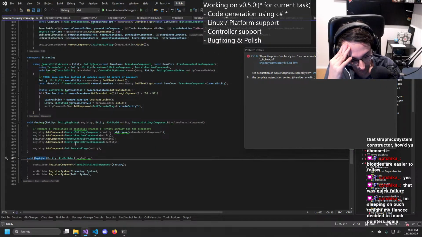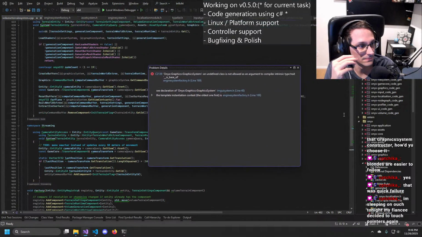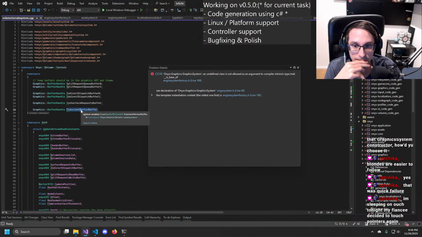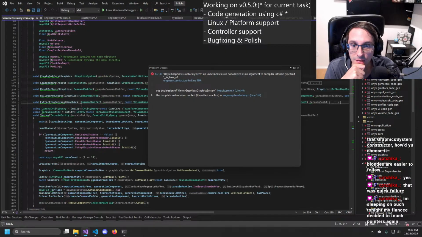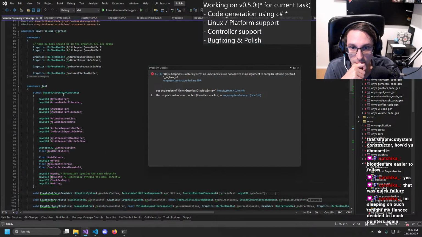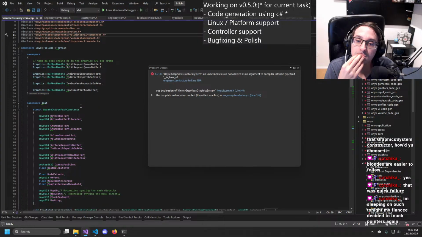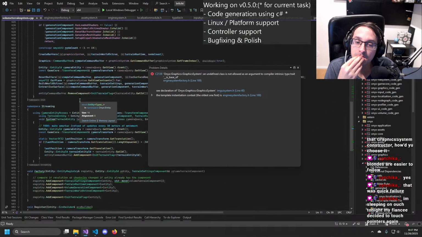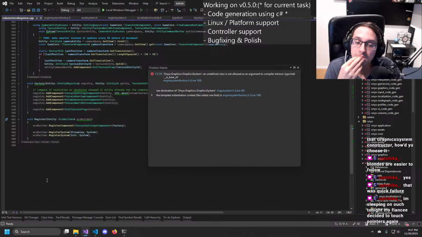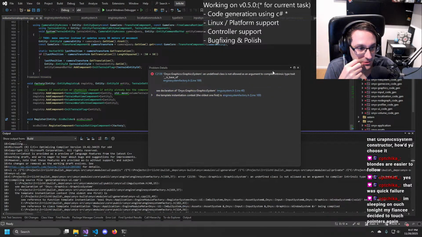Here we have all the... I see. And here I have all the stuff that I need. Yeah, so basically it boils down to we need more stuff in the code generator.